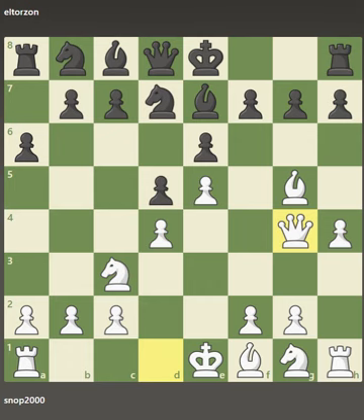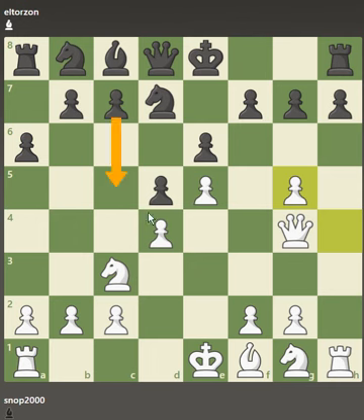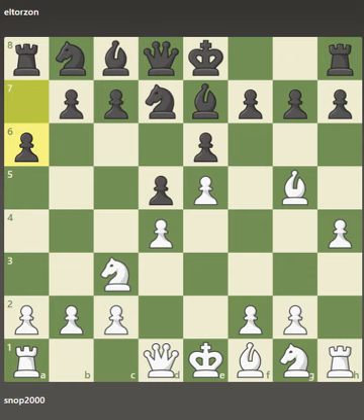Now white has a threat. The threat is to take this and then gobble this, and black just simply allows it, which black can't afford to do. So here black should take, and after that, it's a fight. Now black can play c5, and I don't know what opening theory says, but clearly black